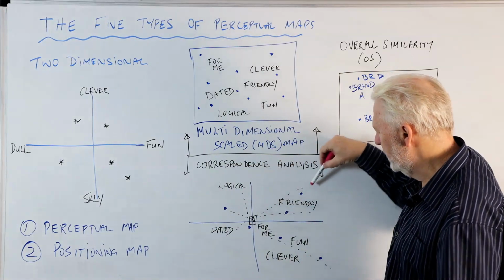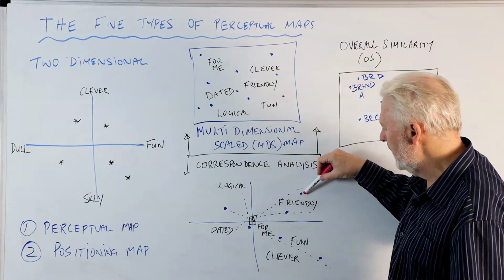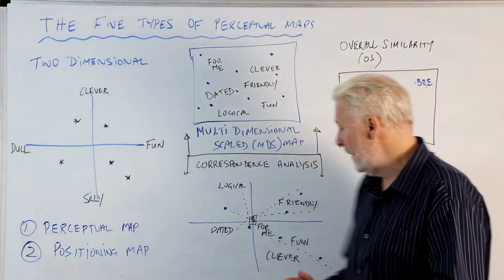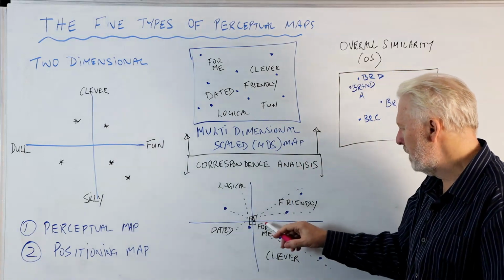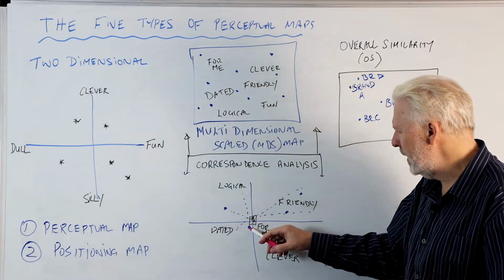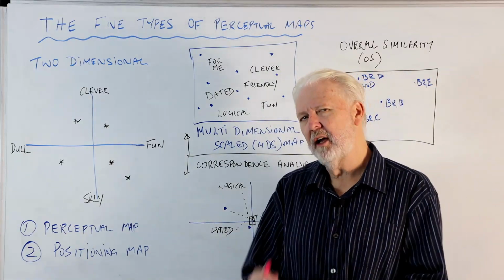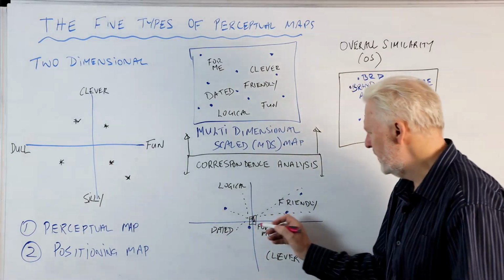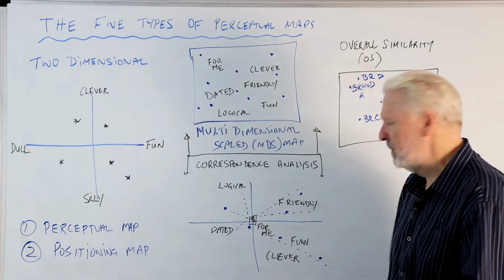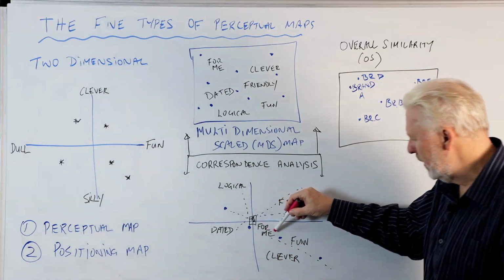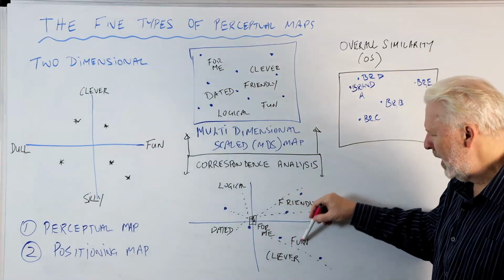So I've got a dotted line here, so friendly. This brand here is seen as quite friendly, quite distinct in that regard. Anything close here, even though it might be in line with something, is not standing out. This one here has a weak connection to dated. And if we go with these ones here, I've got a dotted line that goes through halfway between